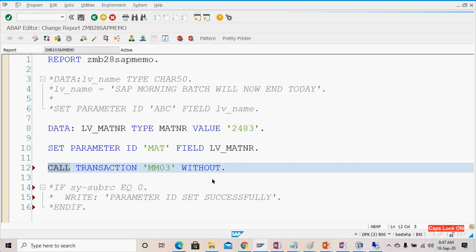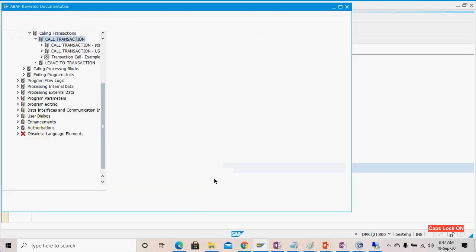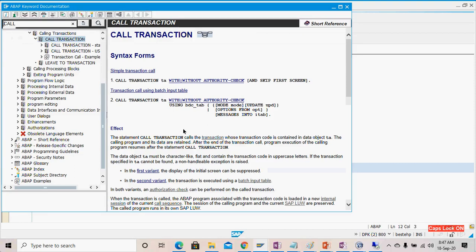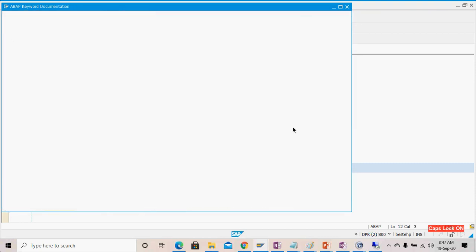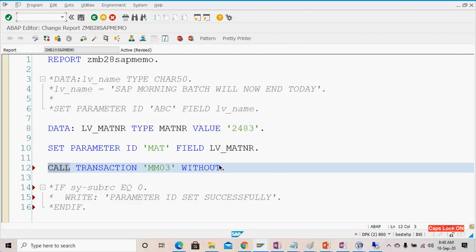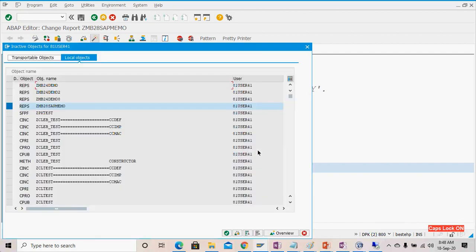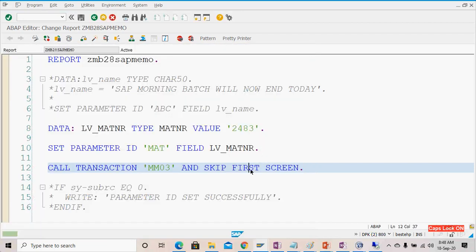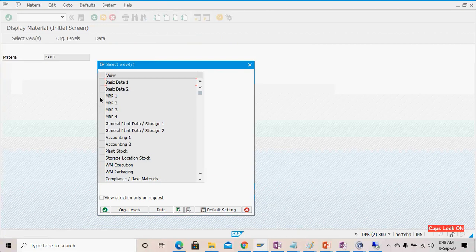The syntax is there which will allow you to skip; you have to write AND SKIP FIRST SCREEN. Save it and activate it. Now if you press F8, it will automatically open that. You can see that it's asking to select a particular